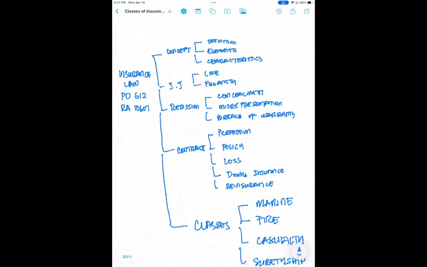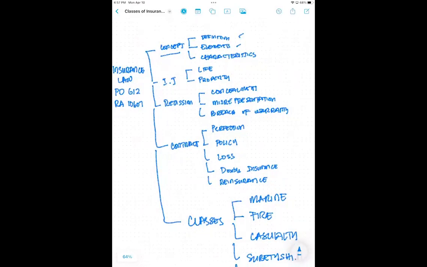We started with the concept of insurance law, wherein we defined what is insurance and the elements of insurance. I hope you can still recall that the most important element is insurable interest, and that element is not present in other kinds of contracts. Again, we should be reminded that insurance is a contract, and just like any other contracts, it has the basic elements of consent, object, and consideration, but specifically to insurance, insurable interest is the element that would differentiate